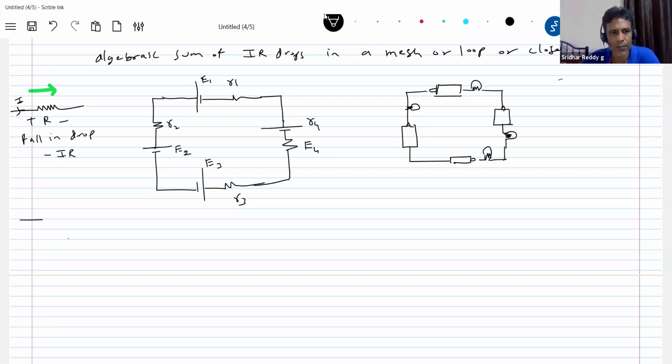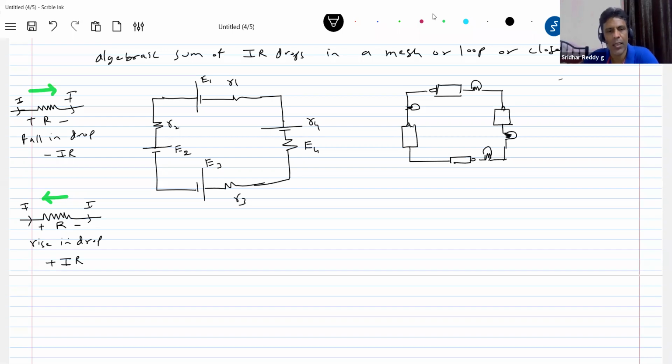Similarly, this is a resistor, so the direction of traverse is like this. The arrow is the direction of traverse, and the current flows in the same direction. So it enters this end, which is positive, and leaves negative. This is called a rise in drop. Now, what about that green color arrow? We ourselves, the external agent, when writing the equation, can move towards right or towards left across the resistor. This is called a rise in drop,